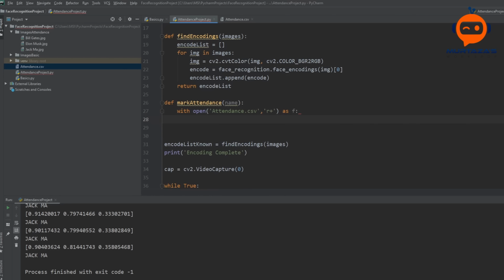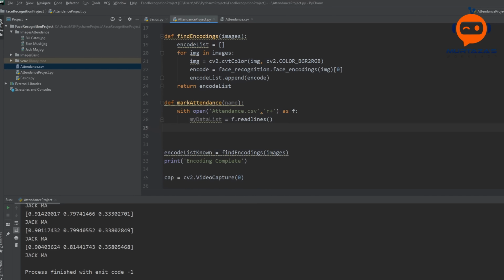Now we are going to read in all the lines that we currently have in our data. The reason for this is that if somebody has already arrived, we don't want to repeat it. So we will create a list. So we will say myDataList is equal to f.readlines().